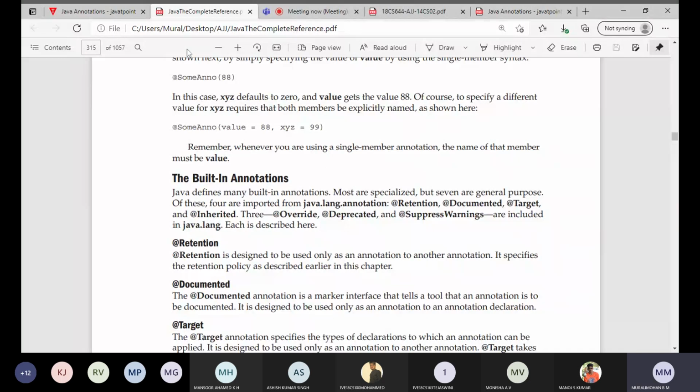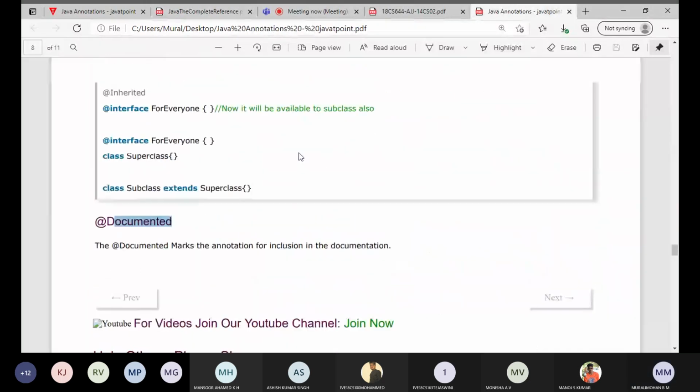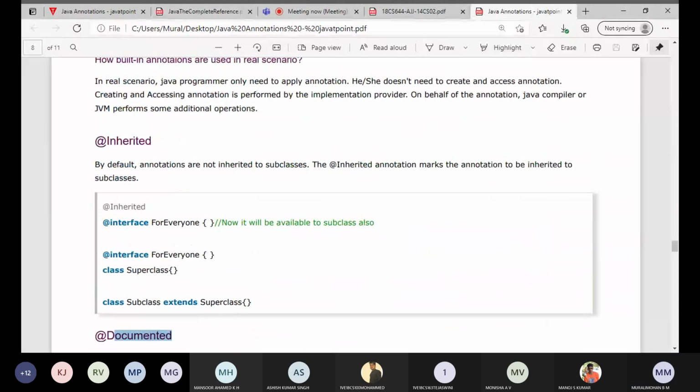Here you can observe some example programs, how Inherited can be used. Inherited is used here, and here we are making this as inherited.